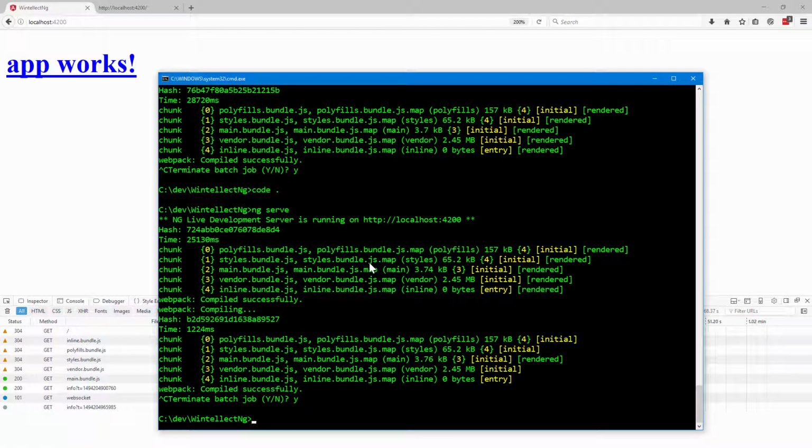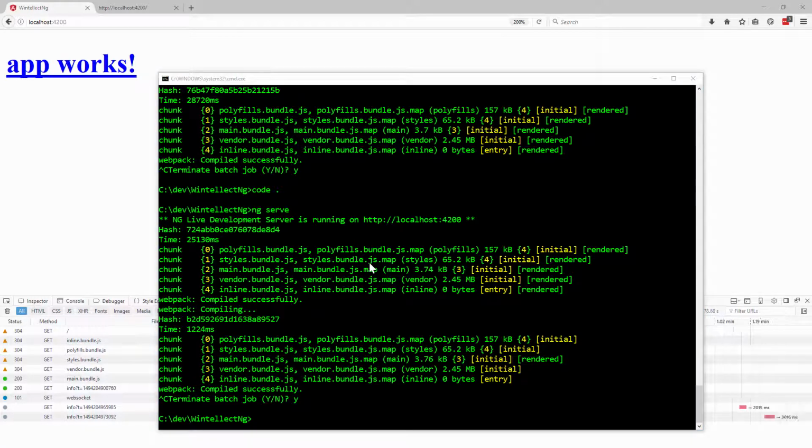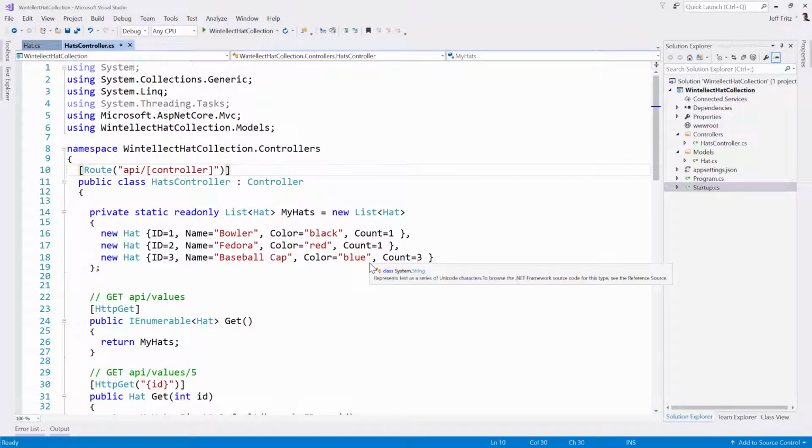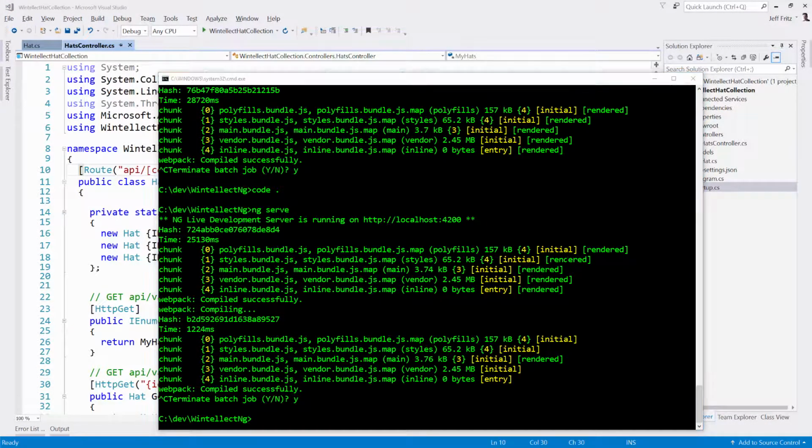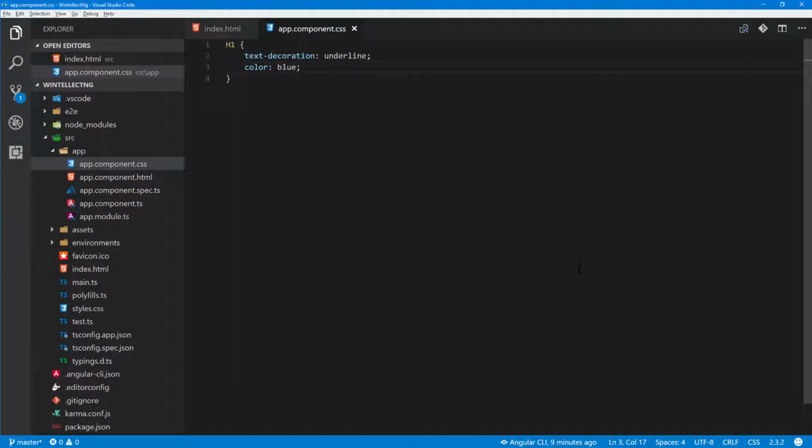I'm building my Angular application in a folder separate from where my ASP.NET Core application lives, because my ASP.NET Core application lives in this Wintellect hat collection project. And really, I like to get the results of all the things that I'm compiling down into my wwwroot folder over here. So what you can do, let me go back over to VS Code, is I can go